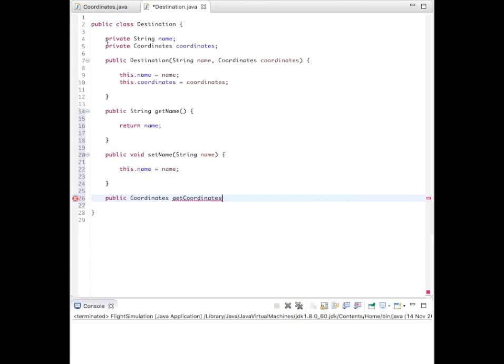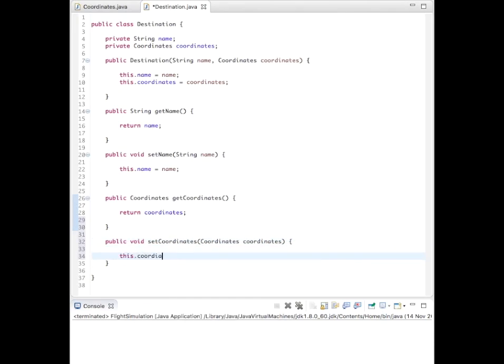Okay, so the general rule is anything that appears outside a method, if it's a field, should be private. Which is why I encourage you to only really declare variables or fields outside a method and do everything else inside the method, so we can keep this idea of keeping everything private consistent. So get coordinates, we're going to return coordinates, public void set coordinates. Again, we won't necessarily need these, might come back later on and slim these classes down, but just for now to give you that extra bit of verbosity, I'm going to leave them in. Okay,